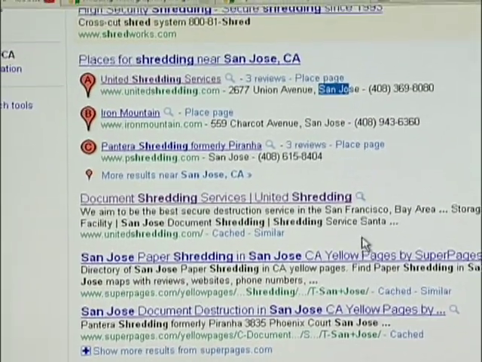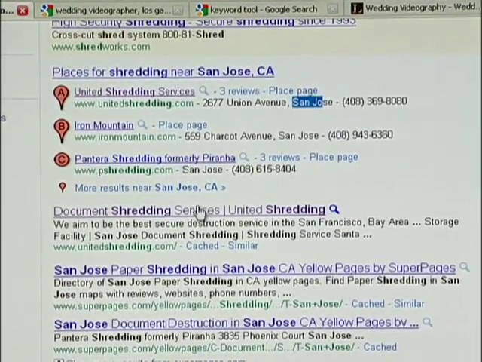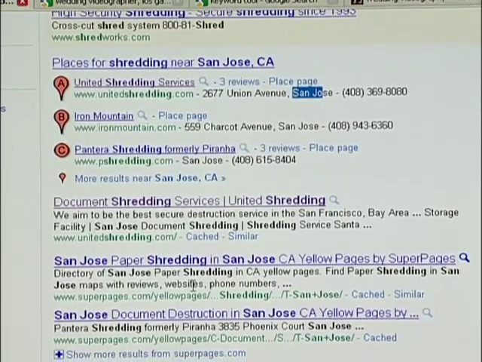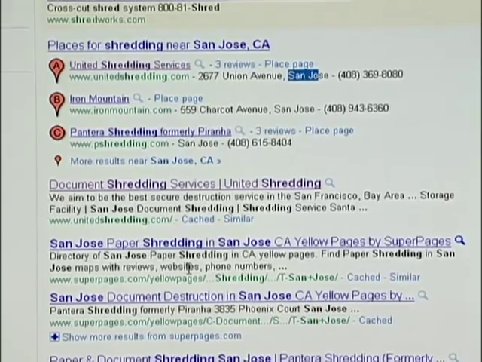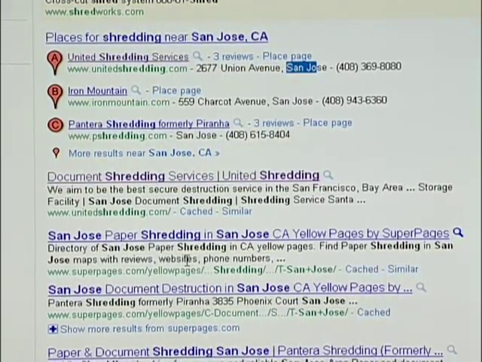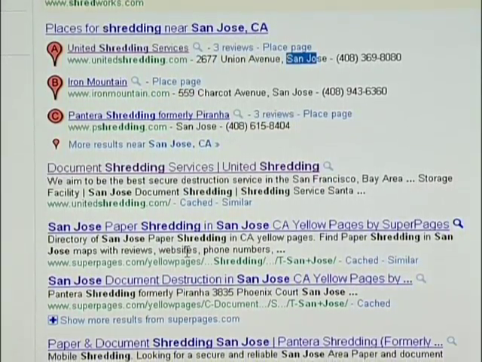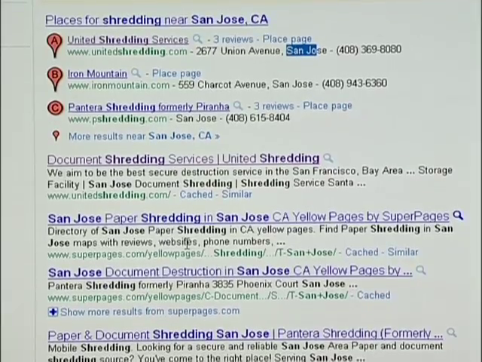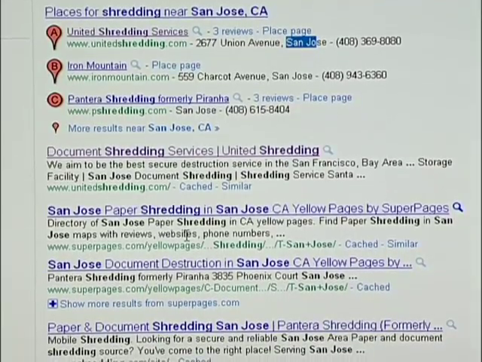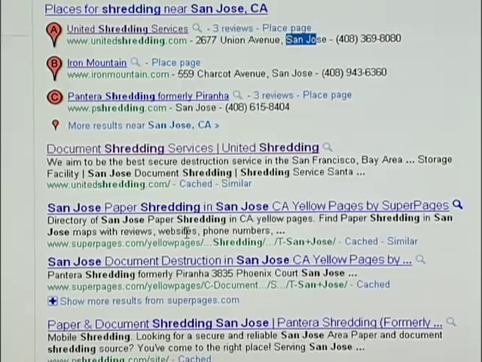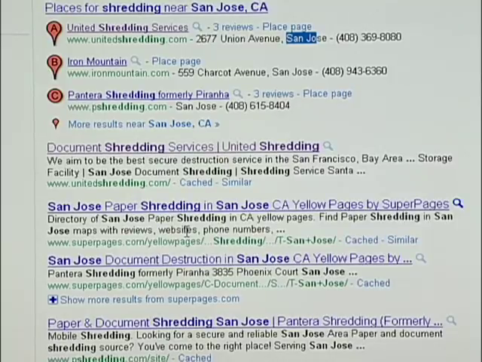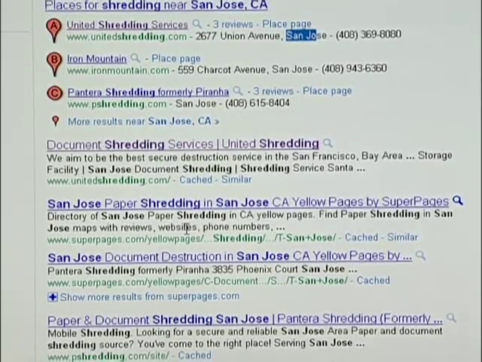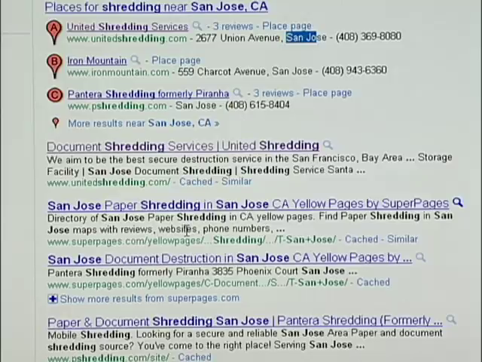The next area is below the local, below the places, excuse me. These are called the organic placements. These are based here naturally. Google places this based on their algorithm. You probably heard a lot about Google's complex algorithm, and the algorithm changes every month. They have lots of PhDs working there on making their algorithm as accurate as it can be, and also to make it work right, because a lot of people try to do tricks on their website to get them placed